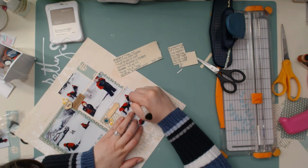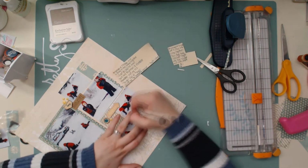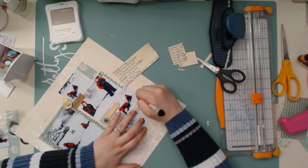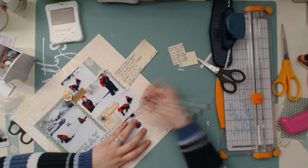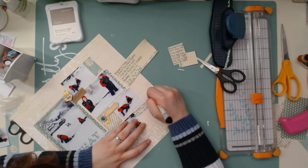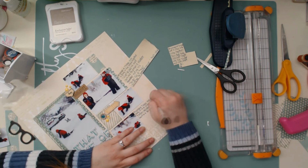So here I am just going to start writing it out, and the journaling says, Brennan and Tinian love to play in the snow together. Tinian decided he was Santa and Brennan a reindeer, pulling his sleigh full of toys, calling out, on Dasher, on Dancer, on Comet, on Cupid,